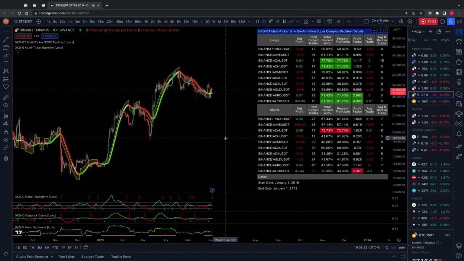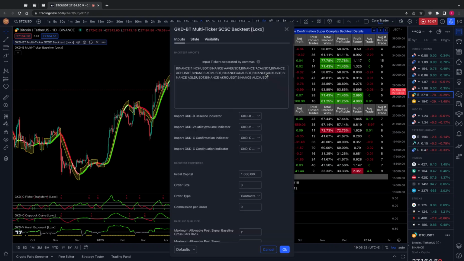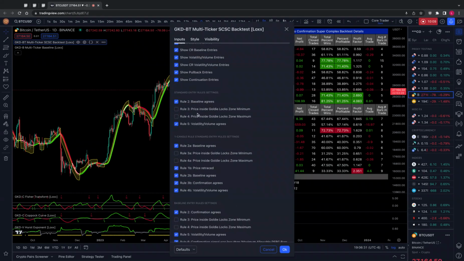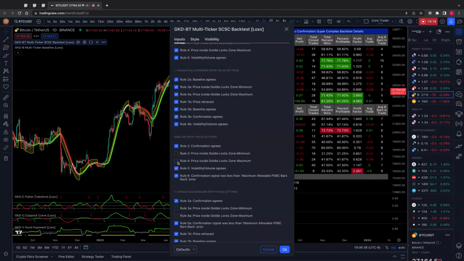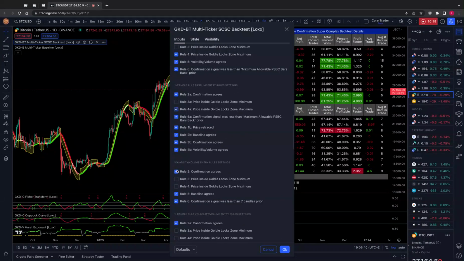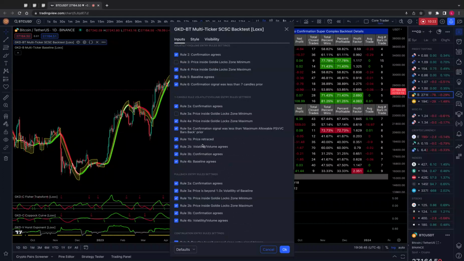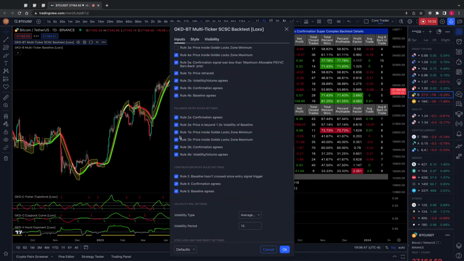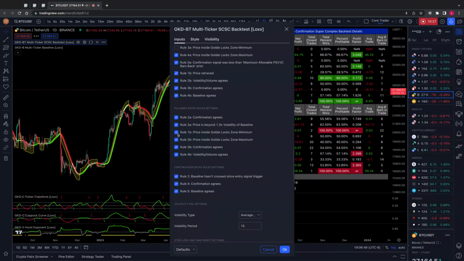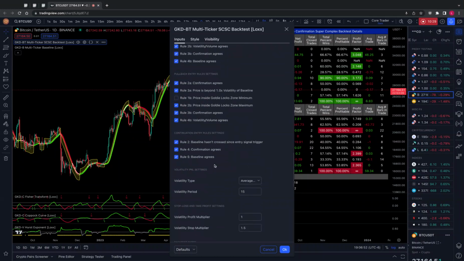See how a lot more trades popped up? It's because we relaxed the Goldilocks filter, right? If we put the Goldilocks filter back on what it would be under normal circumstances, oops, wrong one. We would turn on just the maximum and keep the minimum off. And this is the default setting with all NNFX systems. This one, obviously, I've modified it a lot and added more complexity so you can toy around with everything and